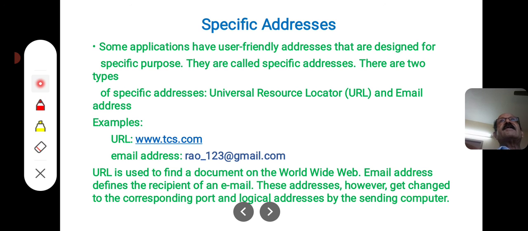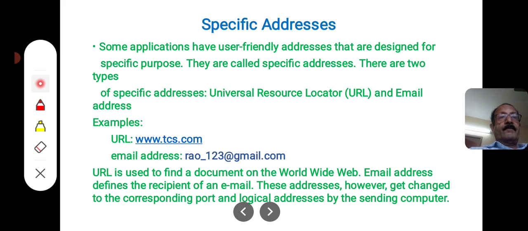URL, this type of address we have used so many times, www.tcs.com. I want some information from TCS company. So I will reach the website using this address. So to find a document on the World Wide Web, we use URL, resource locator.